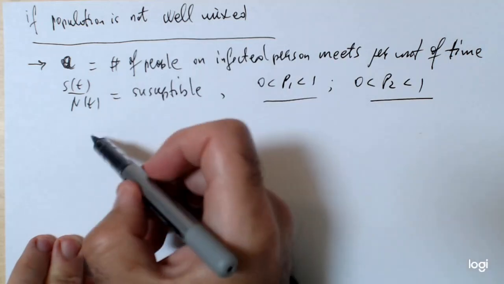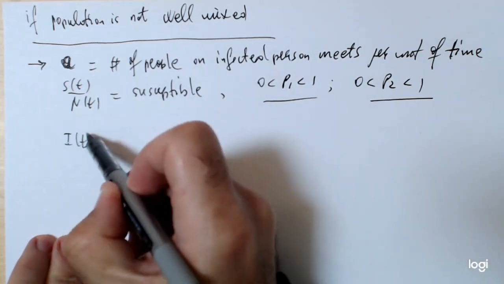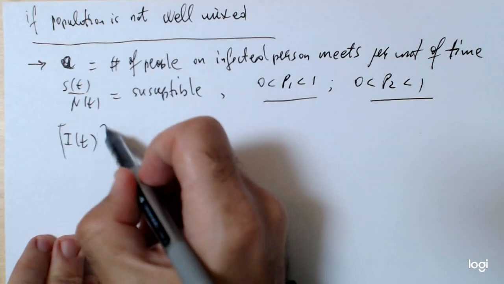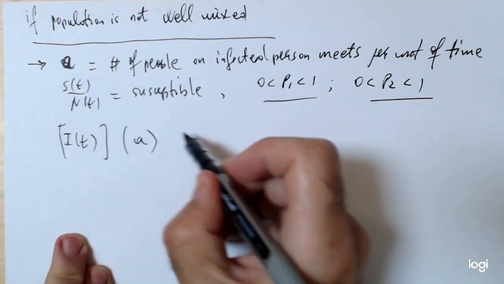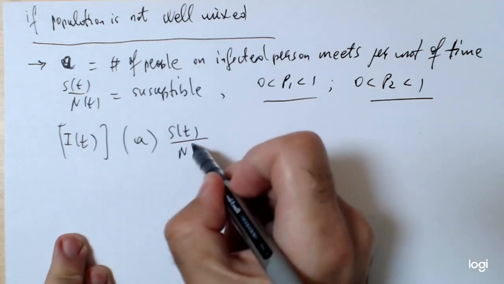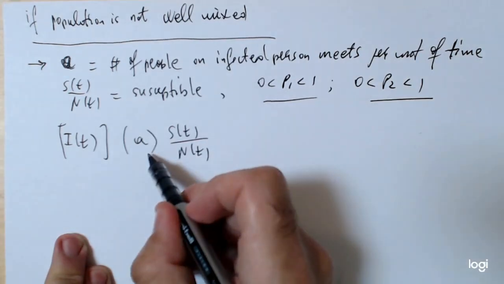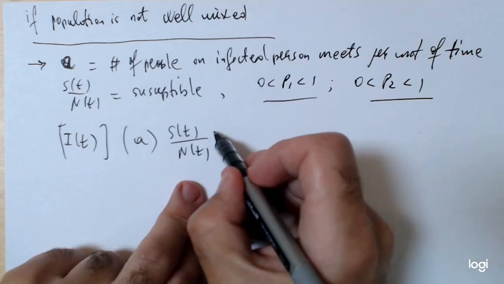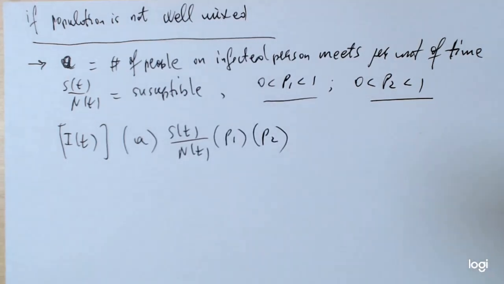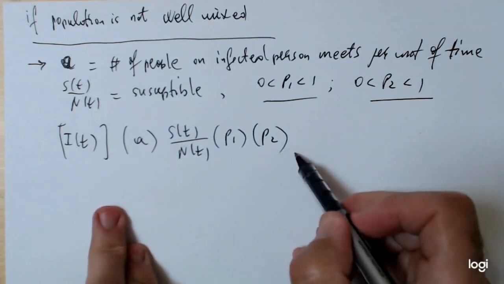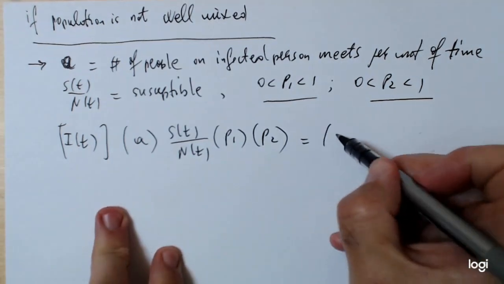So when you write the contact rate, you have I of t infectious people, and each of them causes that many new infections per unit of time: number of people met per unit of time, probability of susceptible, close enough probability, probability of the transmission to occur. So when you collect those constants again,